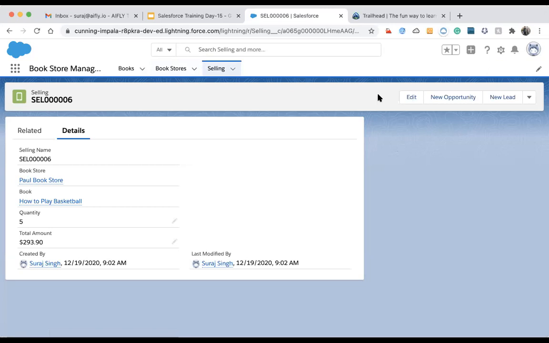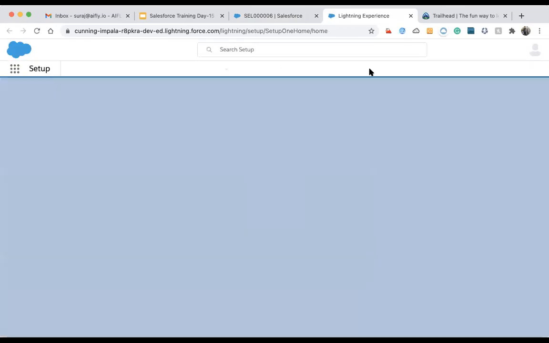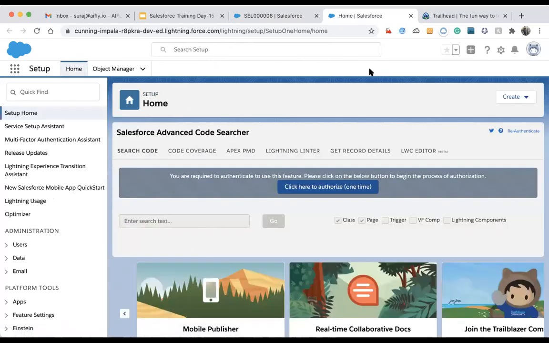Whenever we have this kind of requirement, that we need to schedule some action in the future, then we use the time-based workflow. It is not that it is not in use, but we generally follow the process builder, because process builder also has the same action. We use workflow only for outbound messages, nothing else. So whenever you have a requirement only for outbound messages, follow the workflow. Otherwise, we follow the process builder.